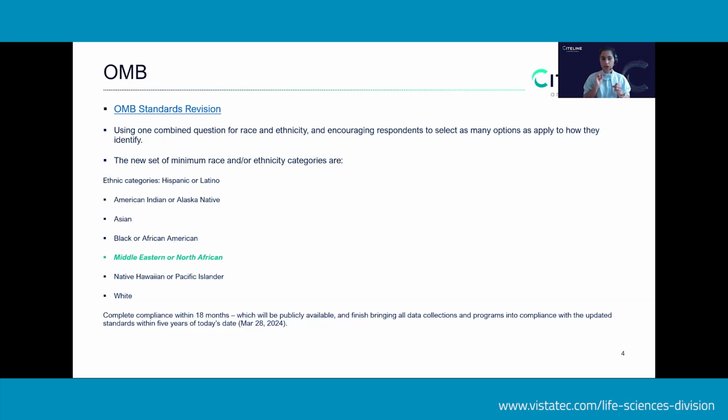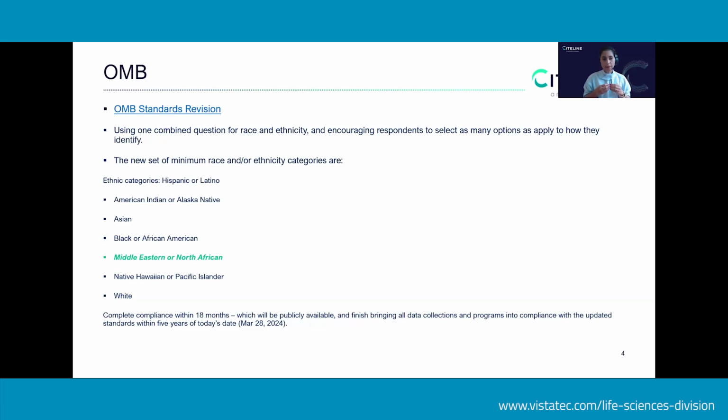So rather than having one question, what's your ethnicity, and another, what's your race, this would now be under one question, and you can select your response, whether you are Hispanic or Latino, American Indian, etc. And then there's a new category that will now be included, which they call MENA, the Middle Eastern or North African race category. I can send you the link. Please feel free to text me on LinkedIn if you want any of those links and how to submit the comments online. If you want to see the OMB revision, I'll be happy to share that information with you.